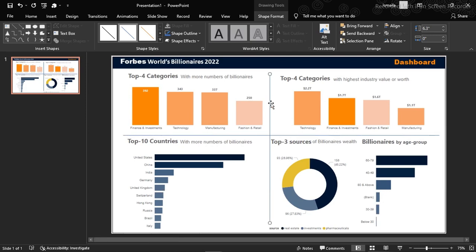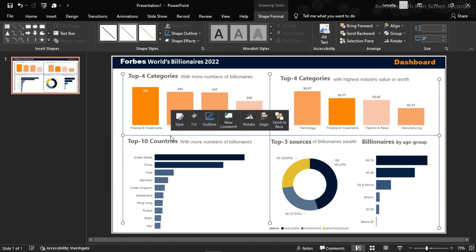So I'm going to Control D to have this copied. I'm going to move this one right to this particular part here. I'm going to do the same thing for this one as well. Control D. I'll have it moved right to this particular part. So now we have this. I'm going to hold my Control to have all of them selected at the same time. And now that we've gotten them selected, we have to Control